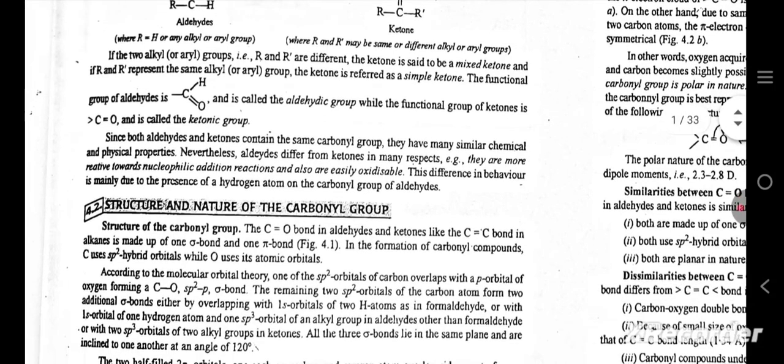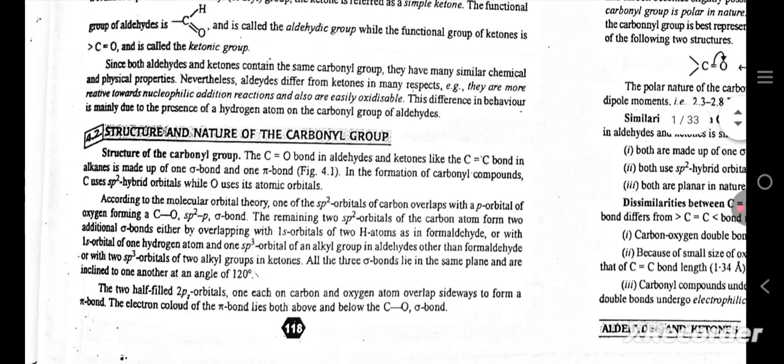If two alkyl or aryl groups R and R dash are different, the ketone is said to be a mixed ketone, and if R and R dash represent the same alkyl or aryl group, the ketone is referred to as a simple ketone. The functional group of aldehydes is called the aldehydic group, while the functional group of ketones is